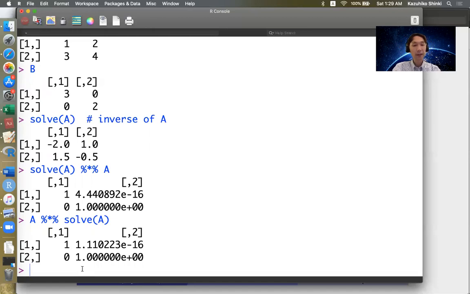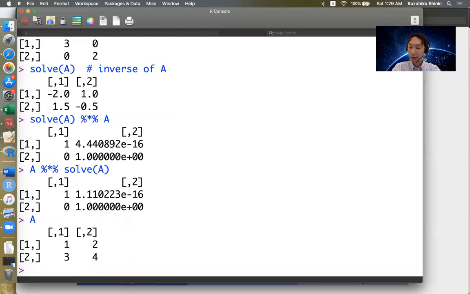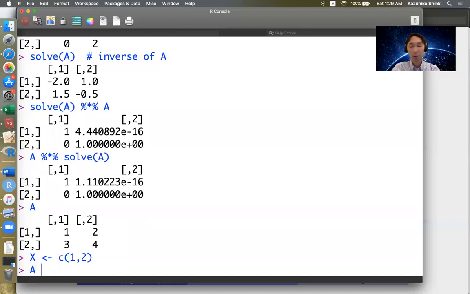Yep. So next we think about matrix times vector, like AX. So matrix A is this. We define the vector X. A vector is defined by the function c with parentheses. So suppose X is the vector 1, 2. Then what is A times X? Again, we use the matrix product. So in this way, the X is recognized as